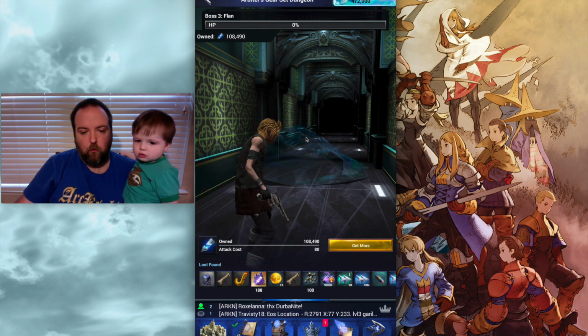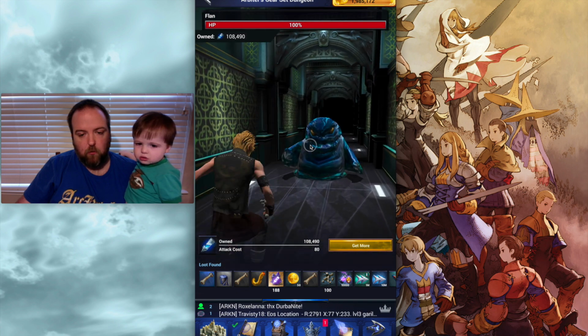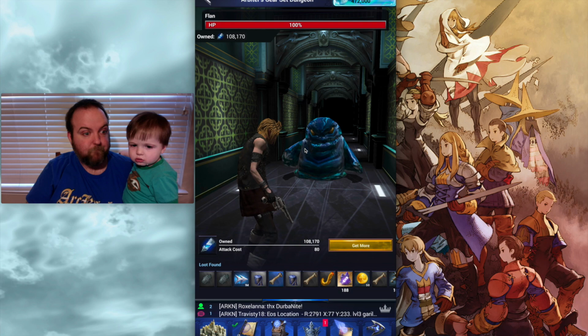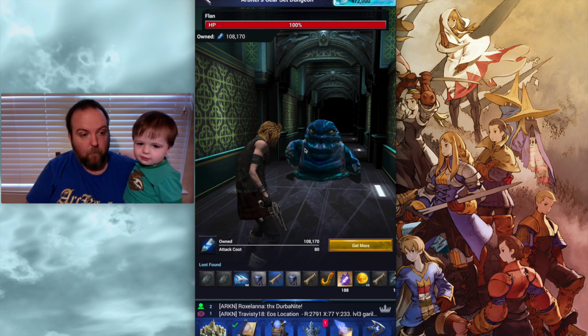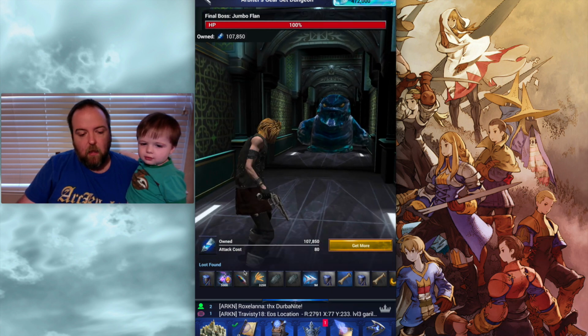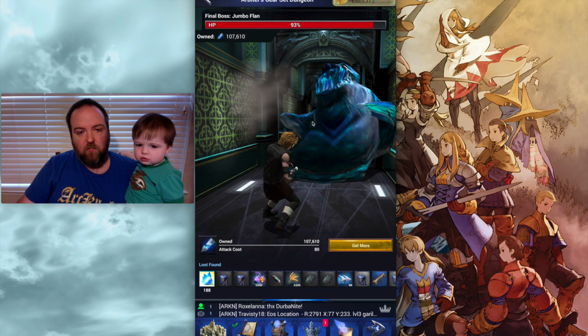But this seems so far to be exactly like the Winged Assassin. You're getting a bunch of blue that doesn't matter to you because it's not rare. Okay. We're back. I sneezed. You're getting blue gear of the not rare. And then when you get to the final boss, the Jumbo Flan,